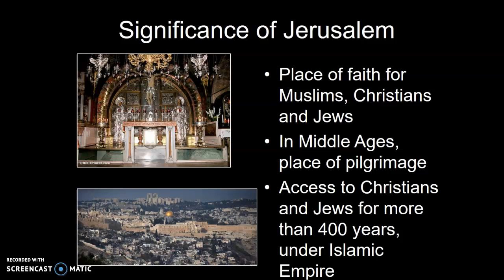The significance of Jerusalem, there's many, just for the purpose of the Christians who are pilgrimaging there or seeking to pilgrimage there. This is about the Church of the Holy Sepulchre, which to Christians is the place where Christ's body was brought after being crucified, and then Christians believe Christ rose to heaven. And the Jews and Muslims also see Jerusalem, of course, as a really significant holy land.